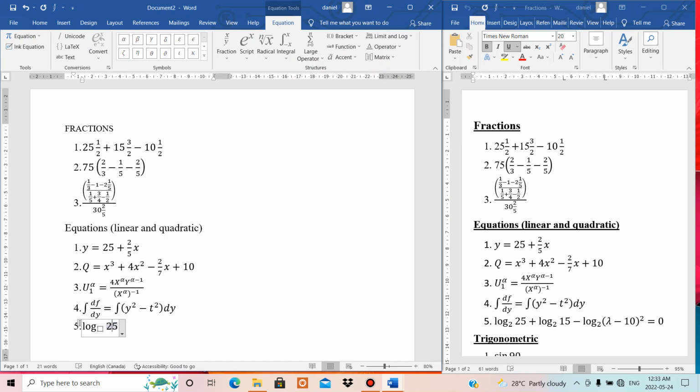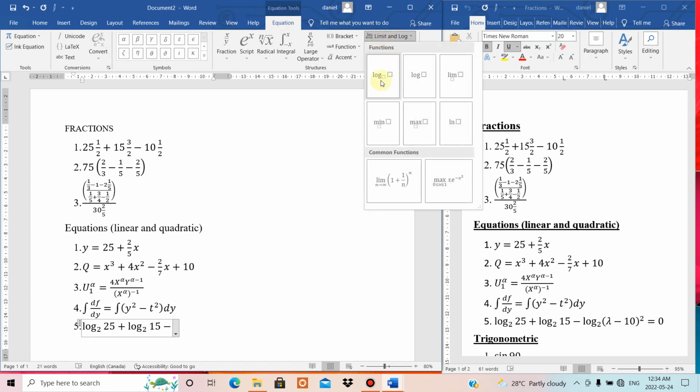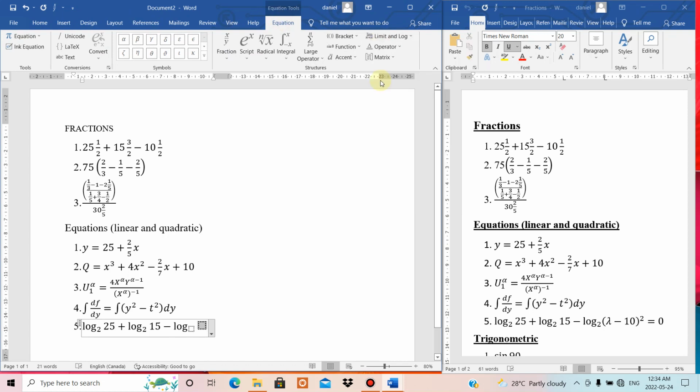So 25 has a base of 2, plus you have log base 2 of 15, minus log base